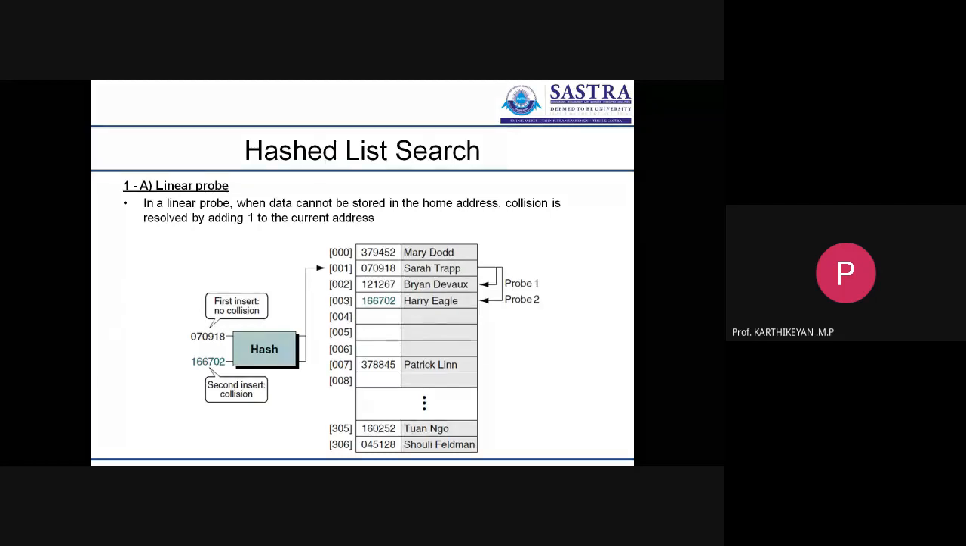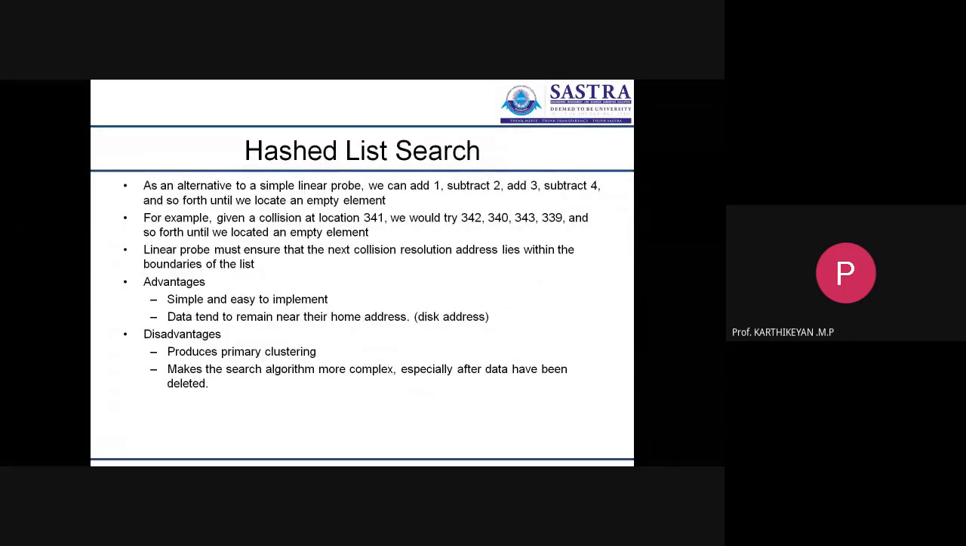What is the alternative way to this? Instead of simply incrementing 1 by 1, on the first probe we can add 1. Second probe, we can subtract 2 and check the address. Third probe, we can add 3. And fourth attempt, suppose there is still no free space, fourth probe, subtract 4. Like that also we can implement. So that is the alternative way. We can add 1, subtract 2, add 3, subtract 4. Like that also we can perform this